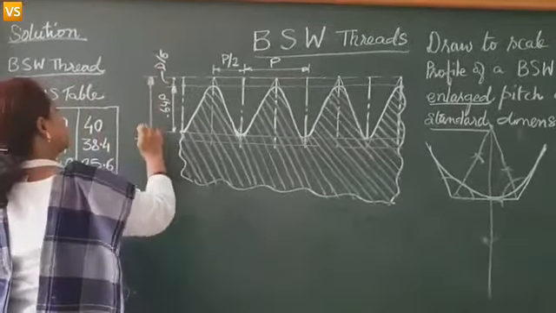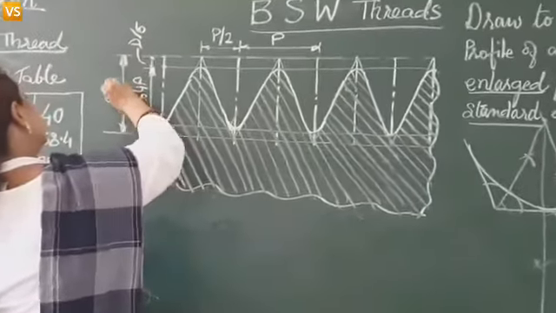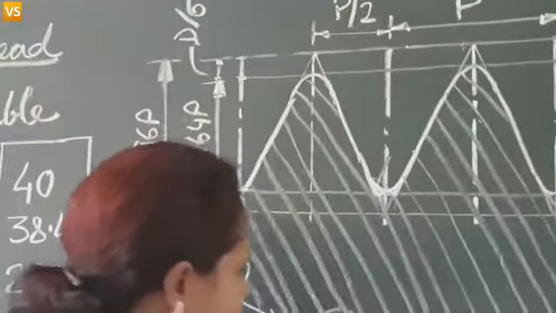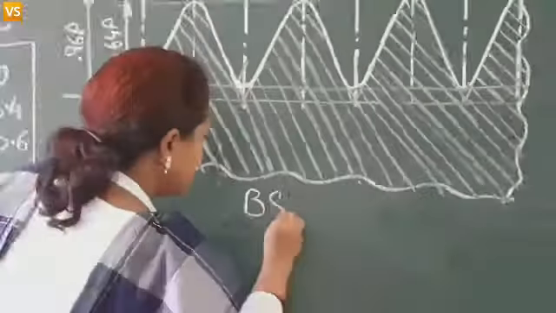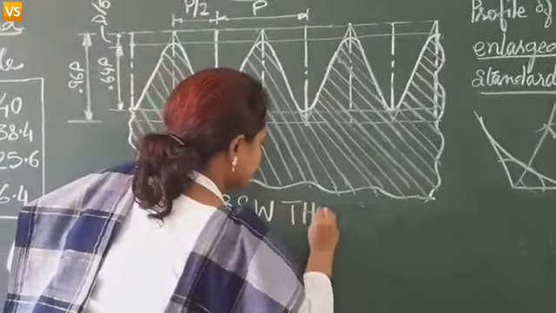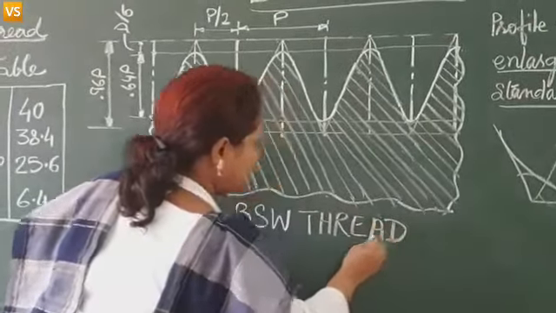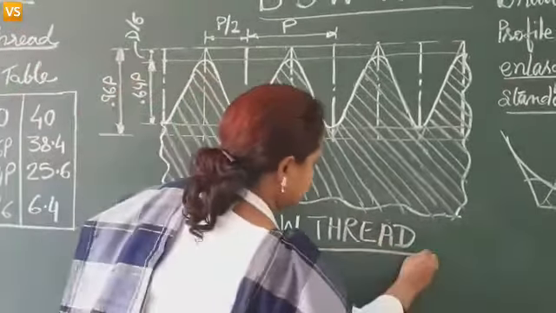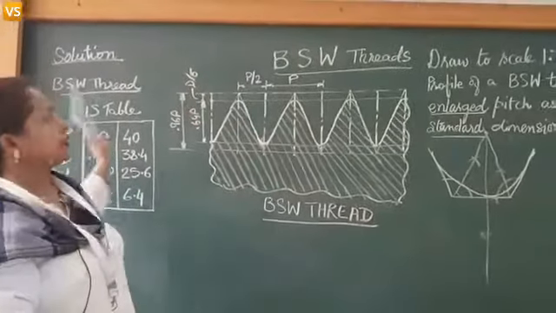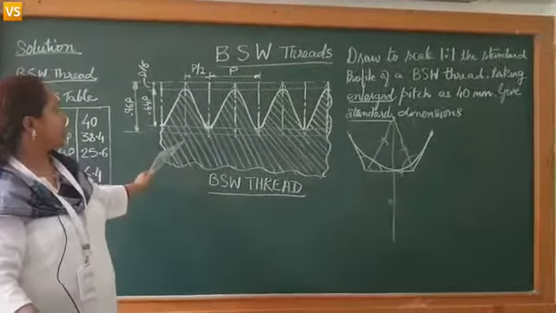These dimension lines, extension lines and leader lines all are thin, faint, continuous lines, and I must write here BSW thread. So, in case you solve it in this manner in board exam, you people are going to get